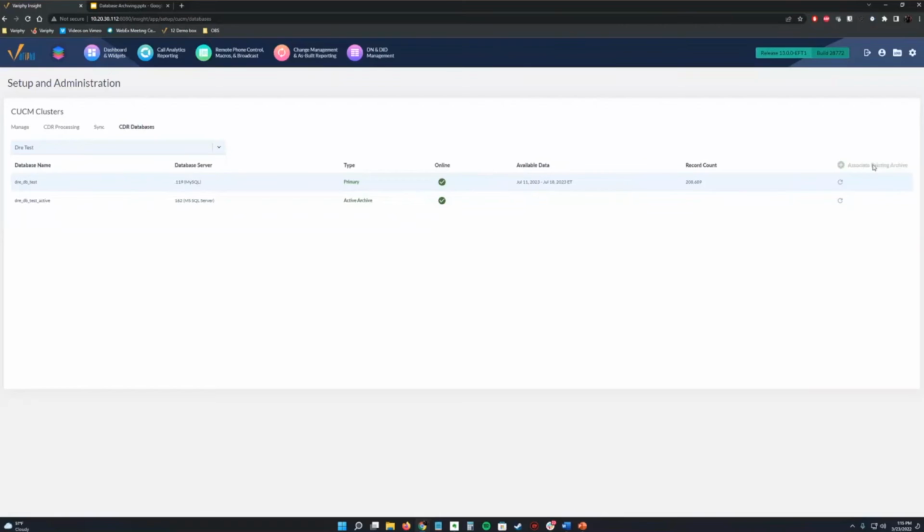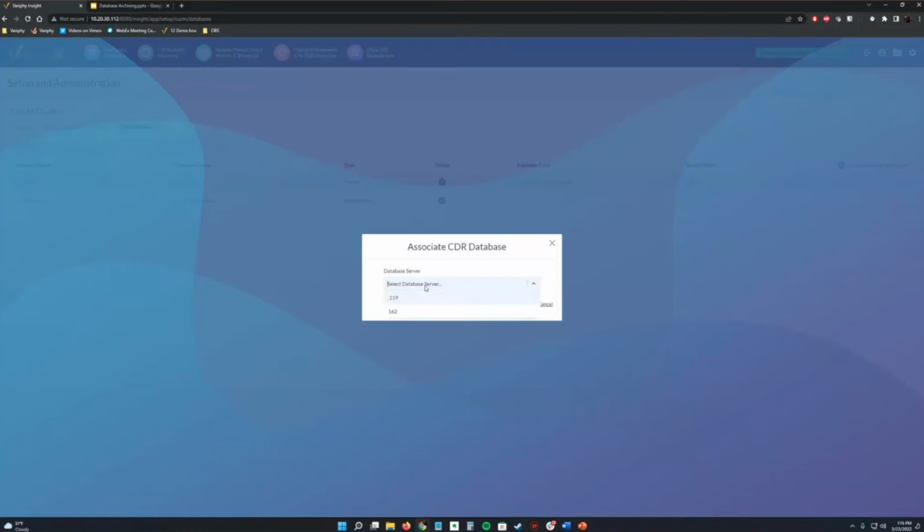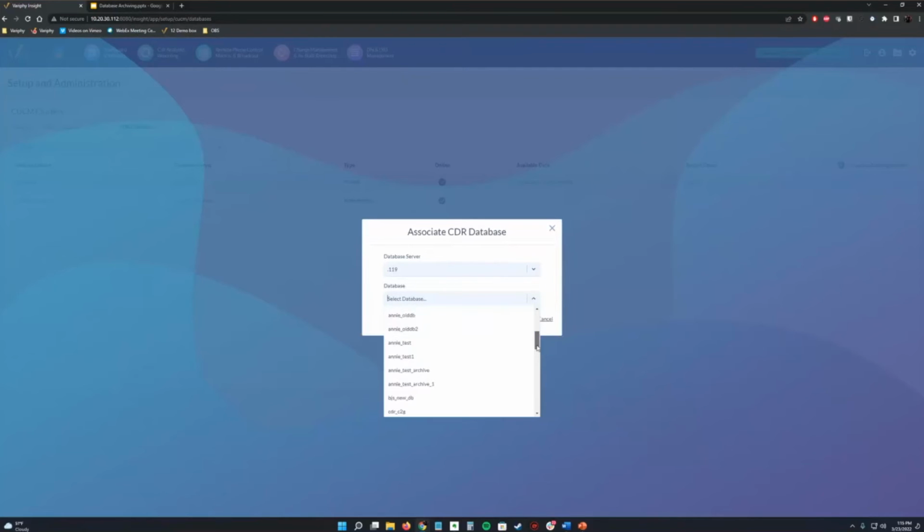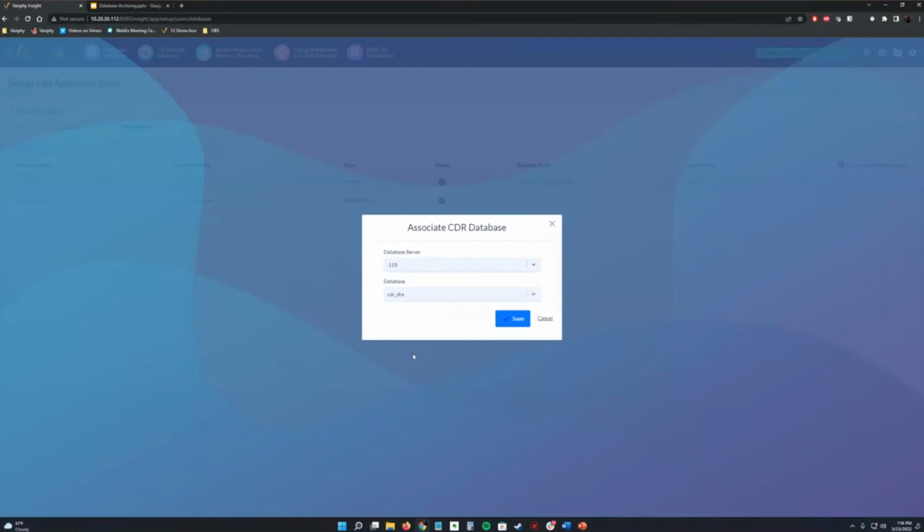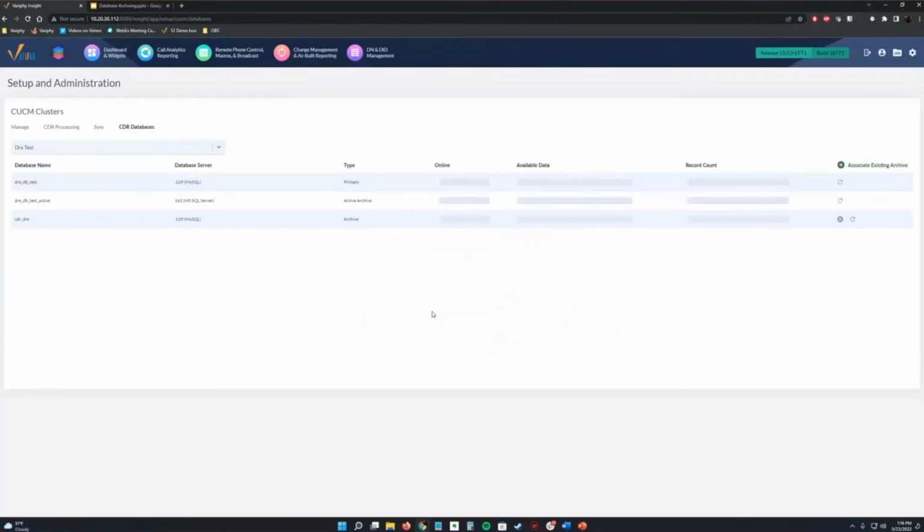So you can click on this plus button over here to the right, and select the database server that those older databases are on. And let's select one of these. We'll go down here, pick this one, save it, boom. Now, we had data in there. It's going to show you a date range and that record count as well. And you can also remove that database. Let's say, oh, I put the wrong one in there. Well, you can remove this database pretty easily. It doesn't remove it from the SQL server itself. It just removes it from our association. So we can actually go ahead and remove that.